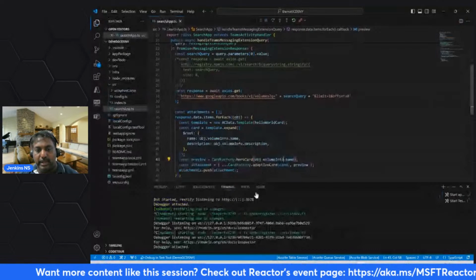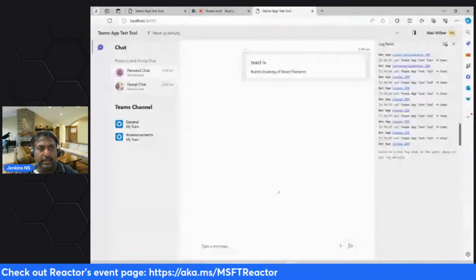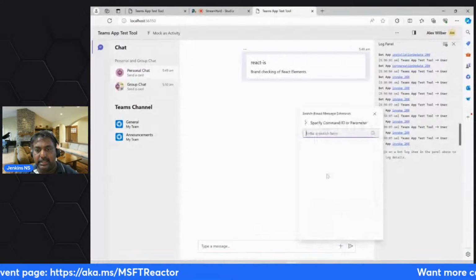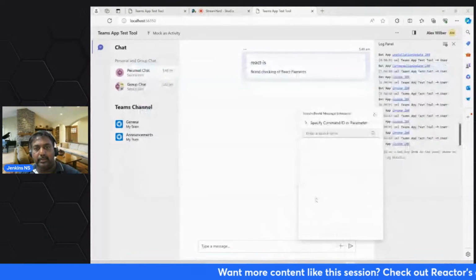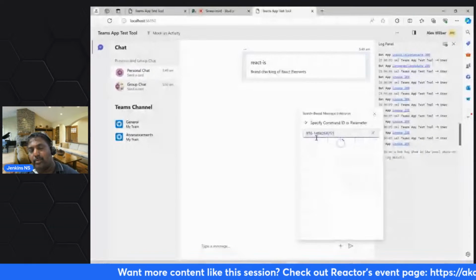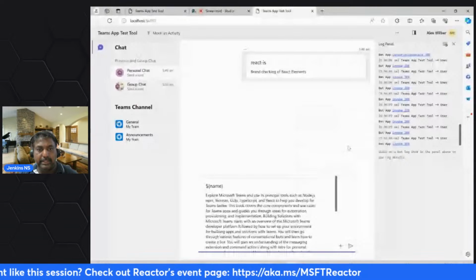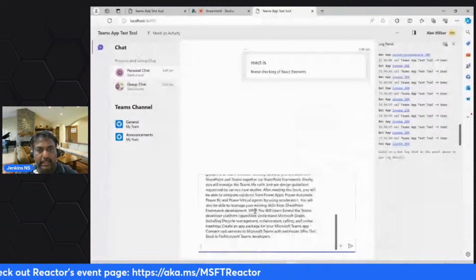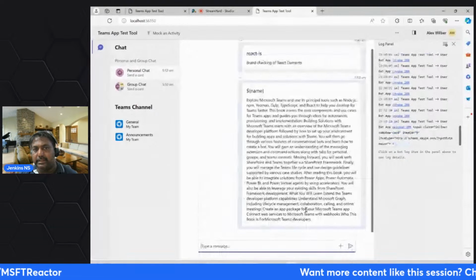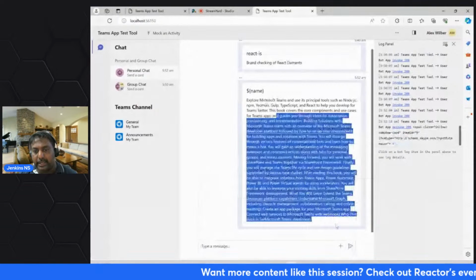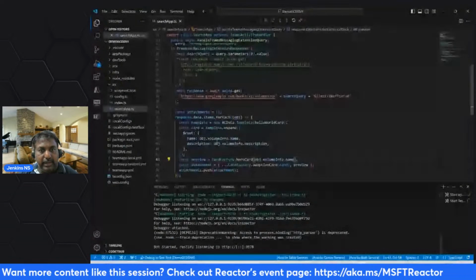Let's say they go back to my app. I can just go here, search. I can provide the ISBN numbers. Now I'll go here and given an ISBN number, you can see, but the name is not listed. I can find it. You can see the data is like this. There is a description for the book, but the name is not loaded. Maybe some issue. I'll check it. And for the name,